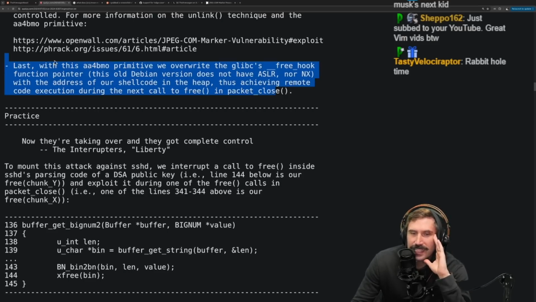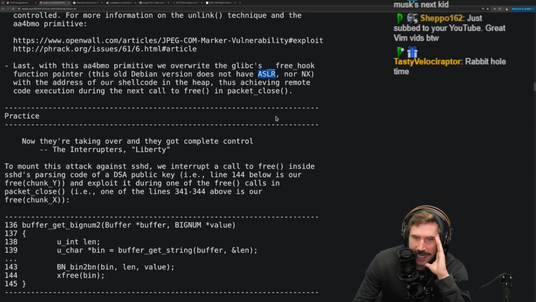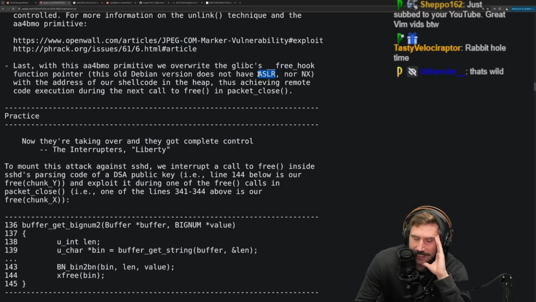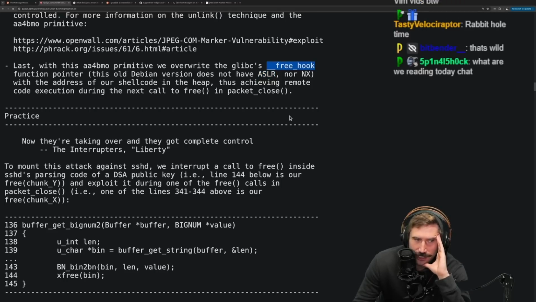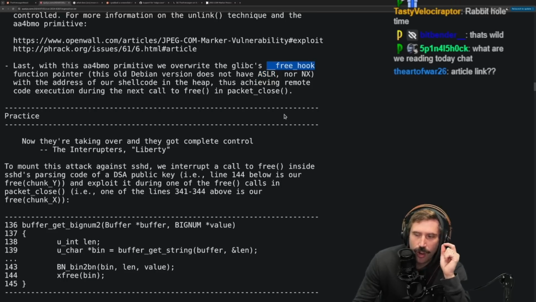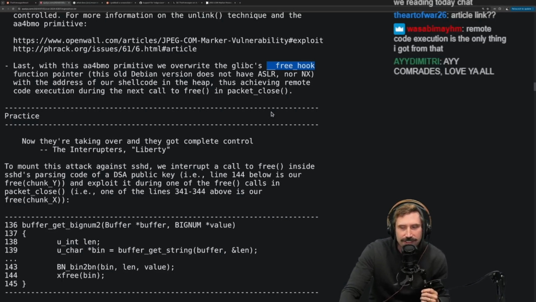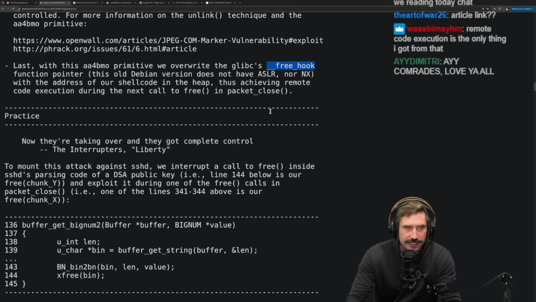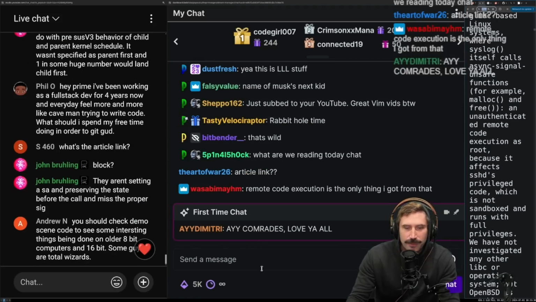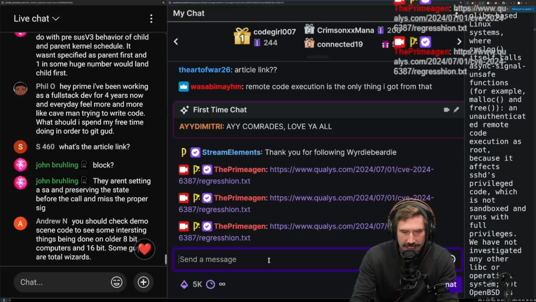Dang. Okay, so that's why it was so simple to do Woody, because since you didn't have this, it was really easy. You could just have a defined address in which was free hook. So you never really had to, okay, so that's why they started on Woody, just to verify that it worked. This makes more sense. For the link, it's right here.